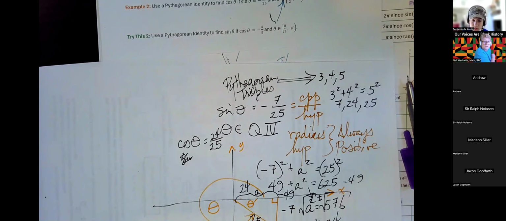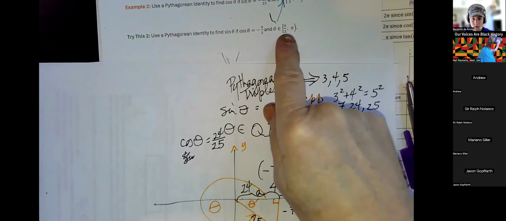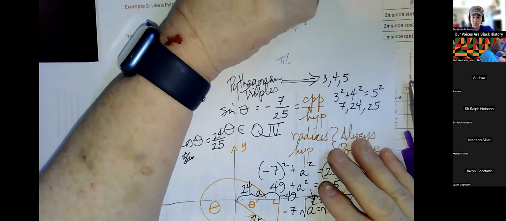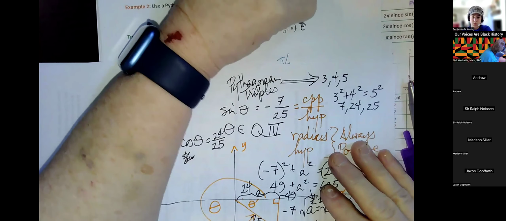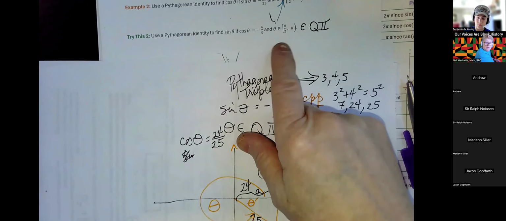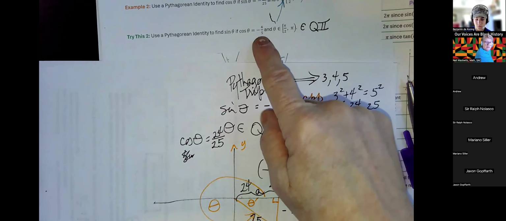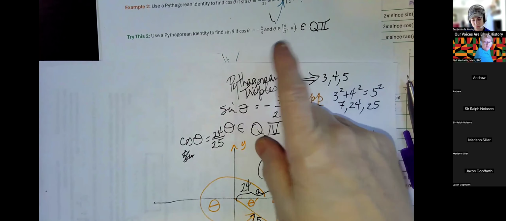Quadrant 2. Yeah, because it's negative, positive. Okay, great. So I want y'all to draw a triangle in quadrant 2 and do this and use the Pythagorean